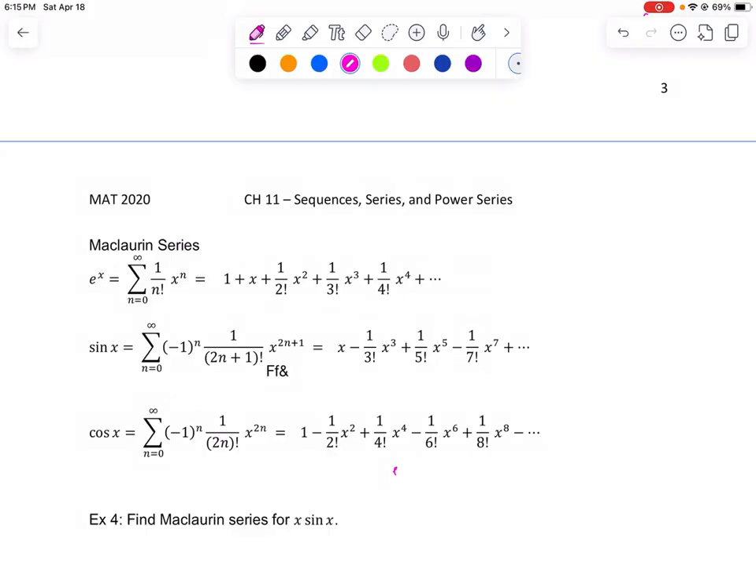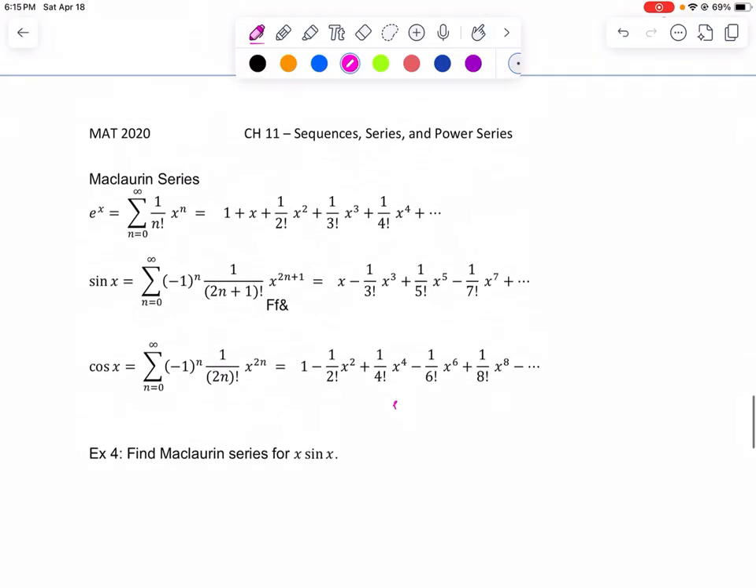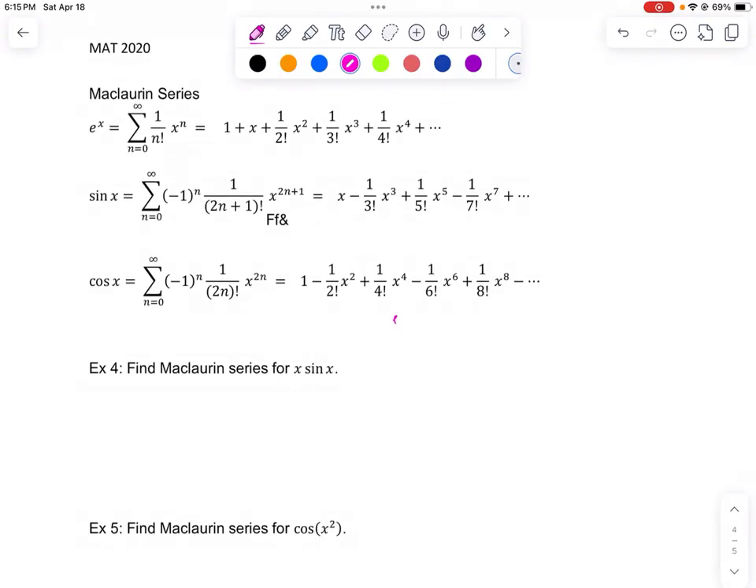Okay, so now that we have these known, we can find the Maclaurin series for some other functions, a combination of these functions. For example, example 4 here says find the Maclaurin series for x times sine x. For this one, if we start from the beginning, f of x equals x sine x, then find f prime of x, you see this is a product rule,